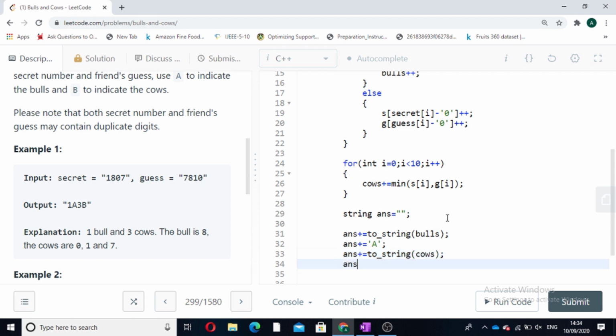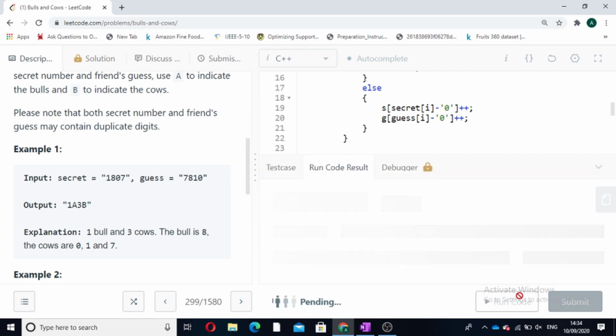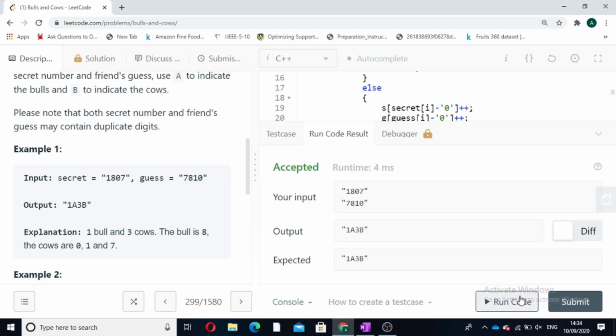Now we will add capital B. We will return this answer. So this was the whole code. Let's now run it. So it is passing on the custom test case. Now let's submit it.